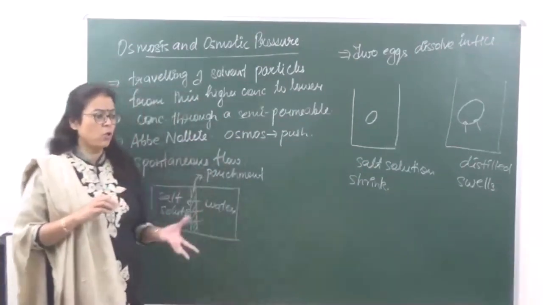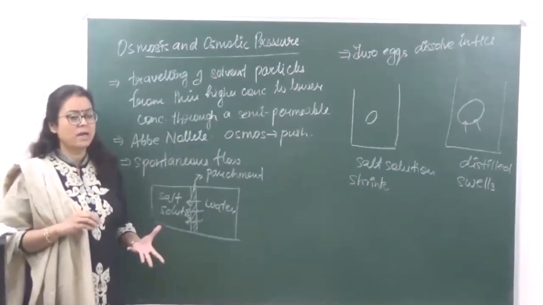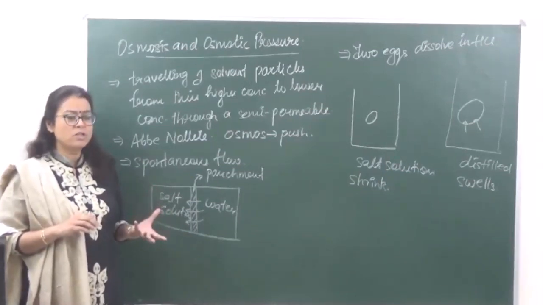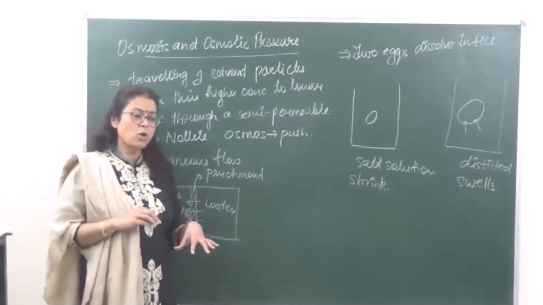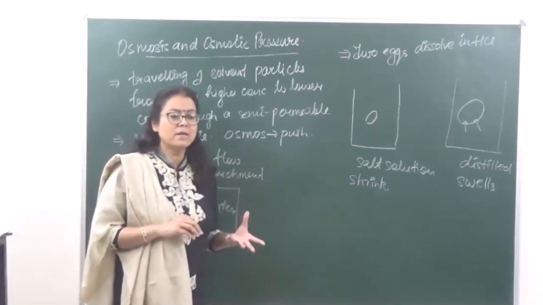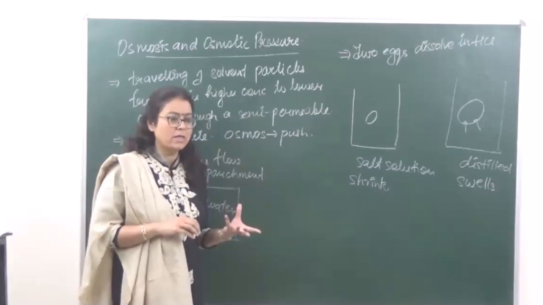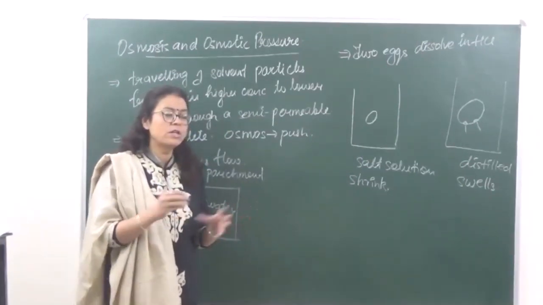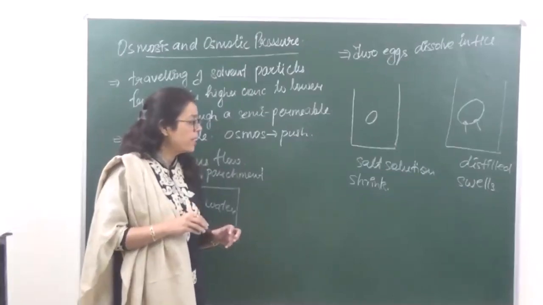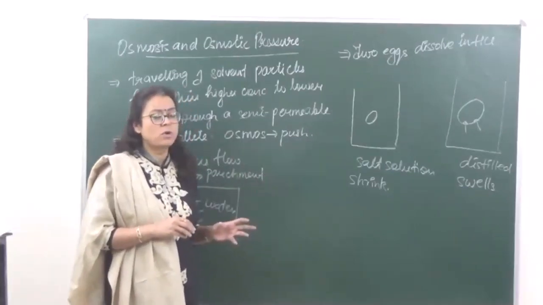For example, we soak pulses at night, जैसे राजमा है या आप कह रहे हो किशमिश है, हम लोग या बादाम है, आमंड्स है, उनको हम लोग रात को सोक करते हैं और फिर मॉर्निंग में हम देखते हैं कि वो स्वेल अप हो जाते हैं. क्यों? क्योंकि पानी जो है वो उसके अंदर चला जाएगा. Water that is going to flow inside. Okay, so this is what osmosis process is.